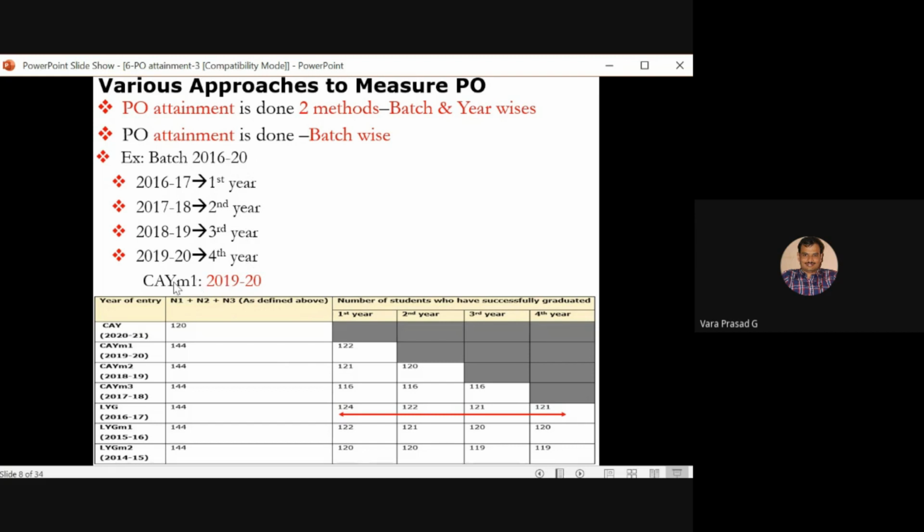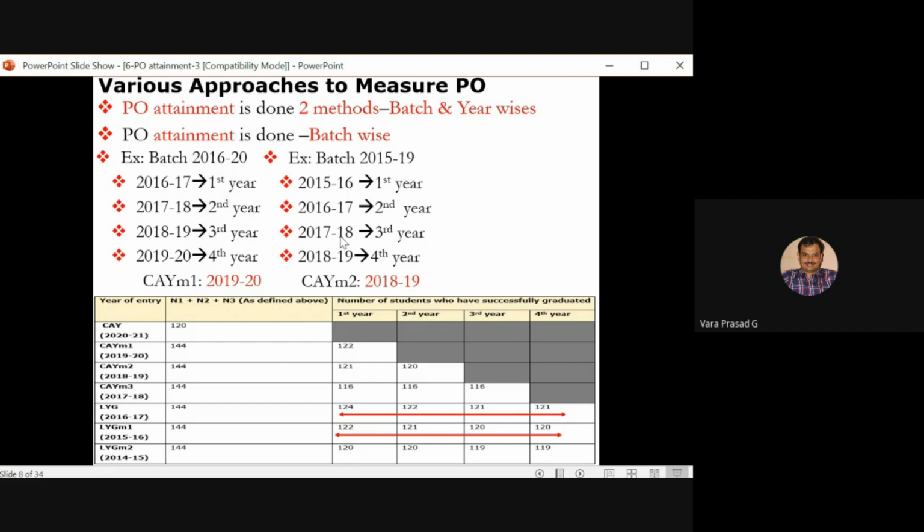So he will get the degree in the year CAY-1, that is 2019-20. Now, if you look at the 2015 admitted batch, they will get the degree in 2019. This is the first year 2015-16, second year, third year, final year, so when you get the degree in the final year, in March or April 2019, that is 18-19.